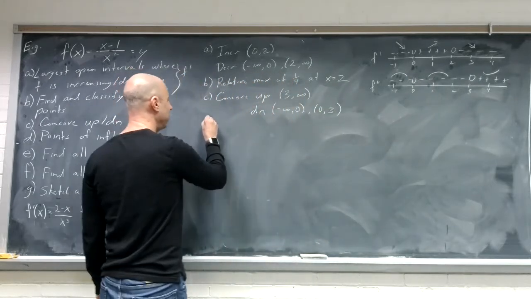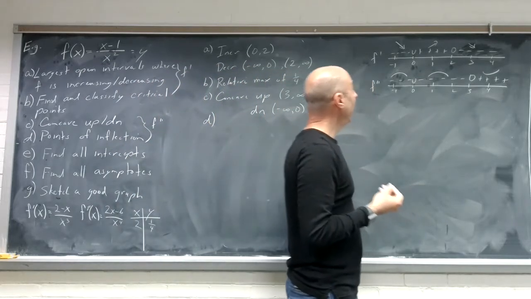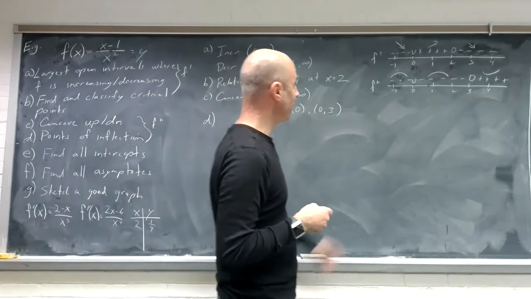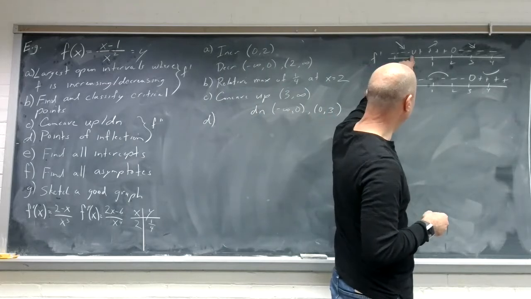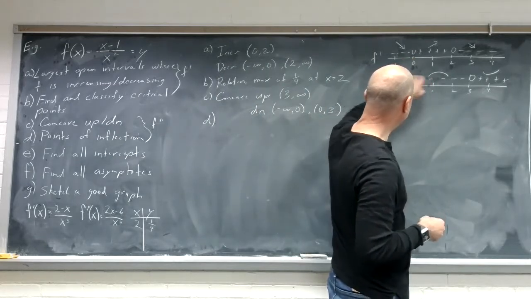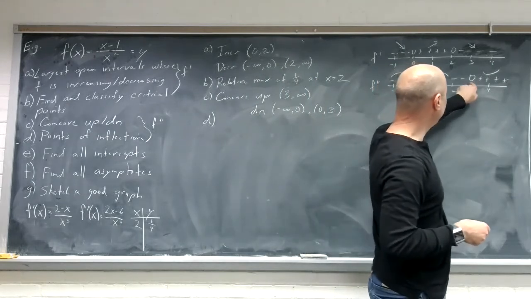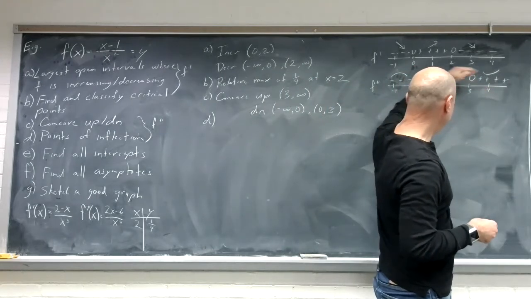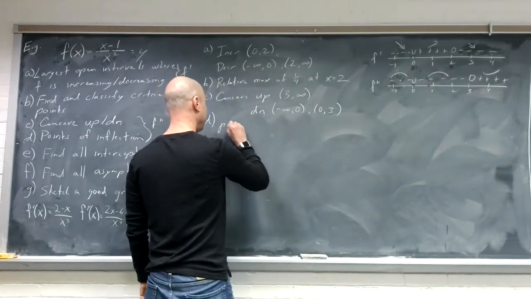And for points of inflection, we're looking for places where the function has a derivative and the second derivative changes sign, where it switches from concave down to concave up or vice versa. So we can see right away that x equals 0 is not a point of inflection. The function is not differentiable there. It's got a vertical asymptote there. So it wouldn't be a point of inflection even if the concavity switched there, which it doesn't. It's concave down on both sides. But x equals 3 is a point of inflection. You can see that the function does have a derivative there, and the concavity switches on either side of this. So we have a point of inflection